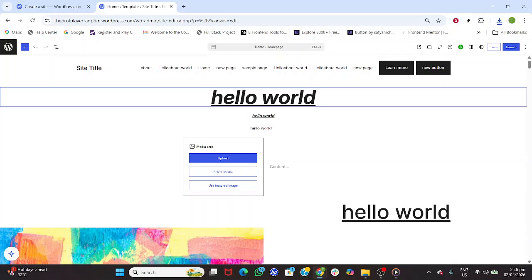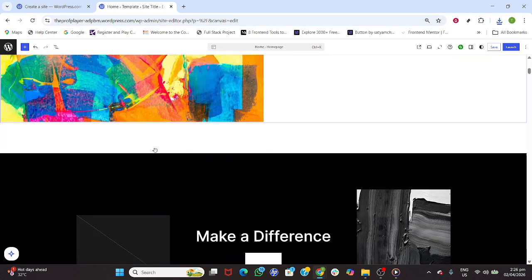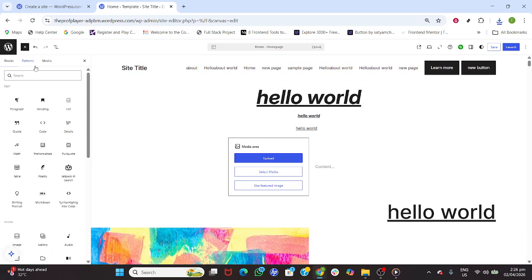In today's video, I'm going to teach you how to use the WordPress audio block. We'll start inside the WordPress site editor on your homepage template. Once you're there, click the highlighted area on the canvas to place your cursor where you want the audio player